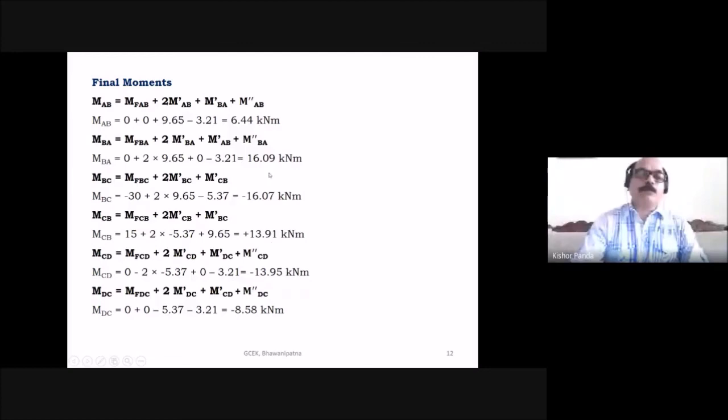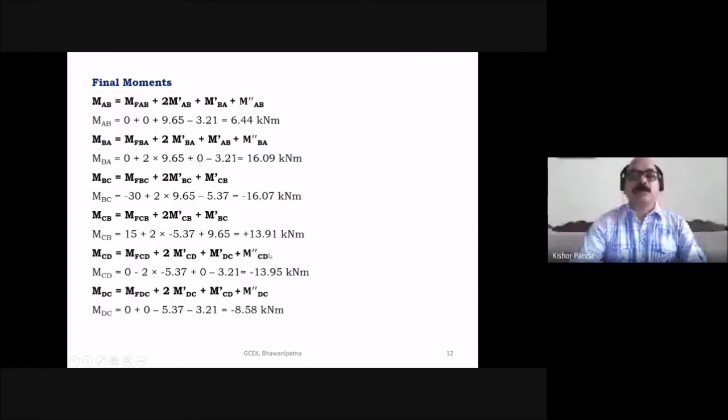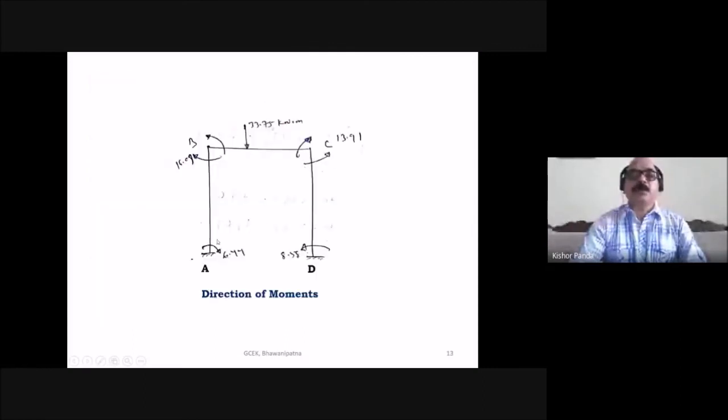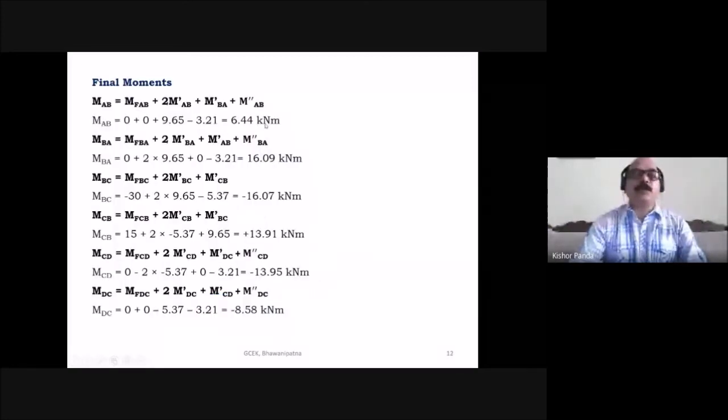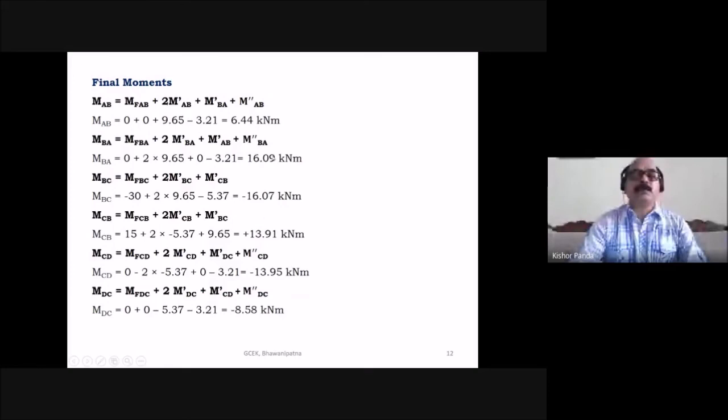And here also, because of our joint C, the sum of the moments should be 0. So here you take any one, 13.91, at joint C. So this is the moment here, and this is the direction of the moment. MAB you got 6.44, so this is clockwise 6.44. Then MBA, this is 16.09